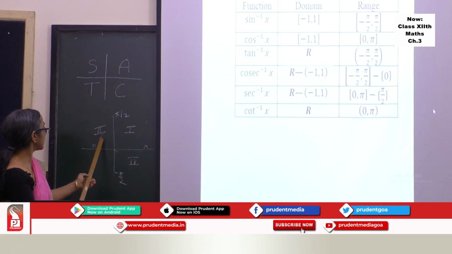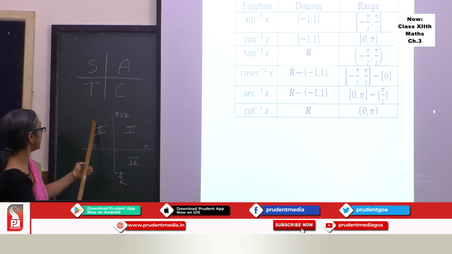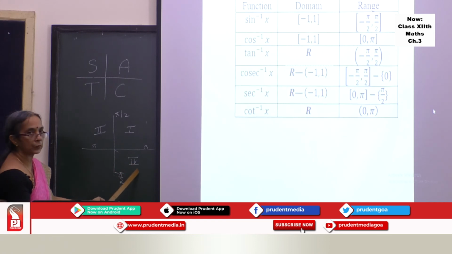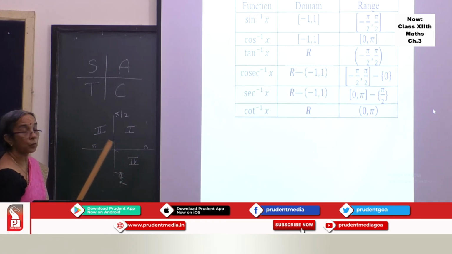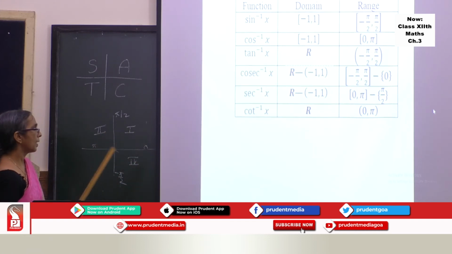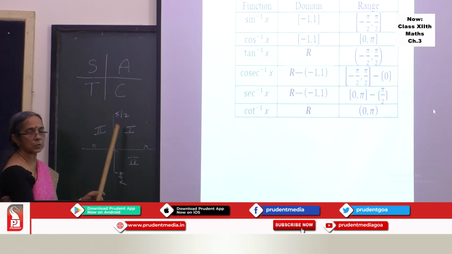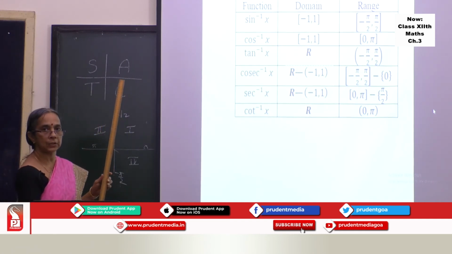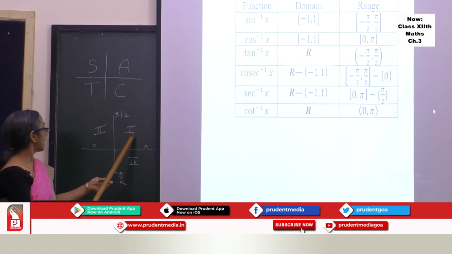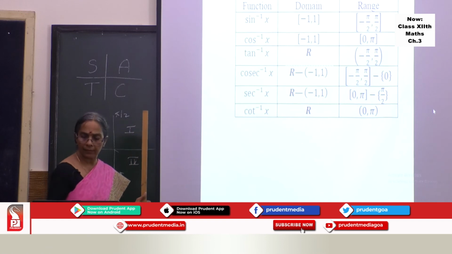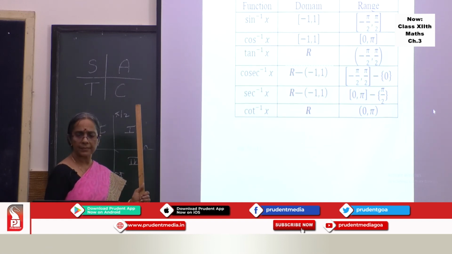So, cot inverse of a negative value will be an angle in the second quadrant, but tan inverse of a negative value will be an angle in the fourth quadrant between minus pi by 2 and 0. All positive values are in the first quadrant, so it is very easy to find out. If you know the trigonometric ratios of different angles, you can easily find tan inverse of a positive value. Now, I give some examples.